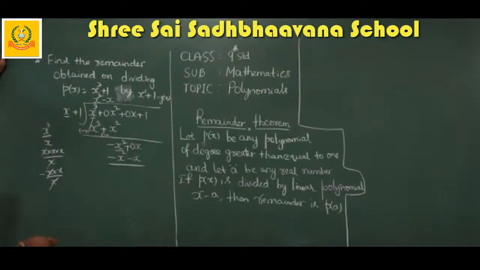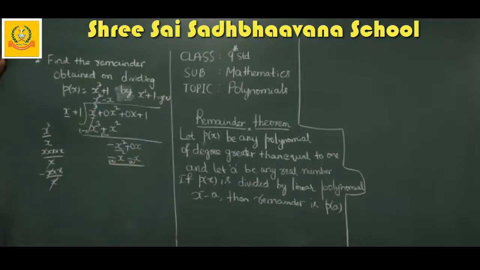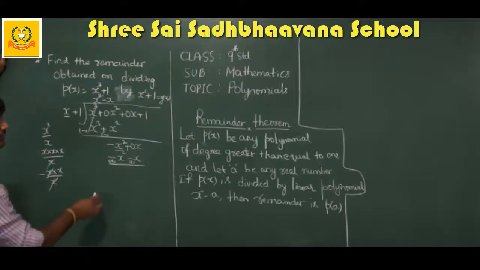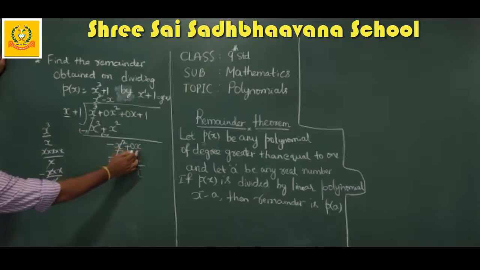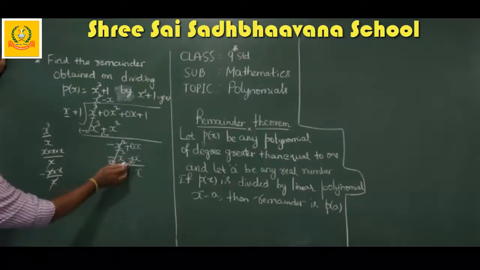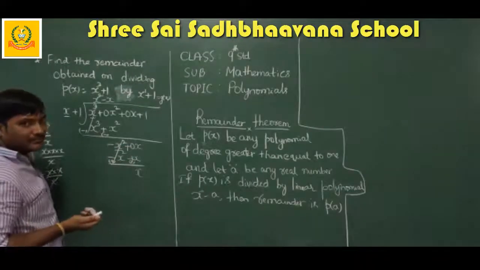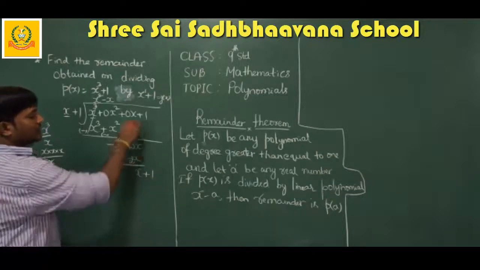Got it? So now again we have to subtract. Whenever you subtract, obviously signs will change. Correct? So this minus will become plus and this minus will become plus. So what you got? x square and x square will get cancelled. Here 0x plus x, which is x. See, variables we have to write just like numbers, adding only 0, and here nothing is there, which means 1x. So 0 plus 1. Don't take this sign. You should take the sign which we changed. So 0x plus 1x will be x. 0 plus 1 is 1. Similarly, 0x plus 1x is x. So take this 1 down.